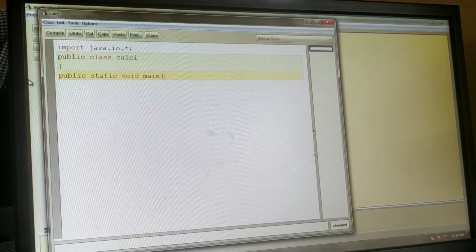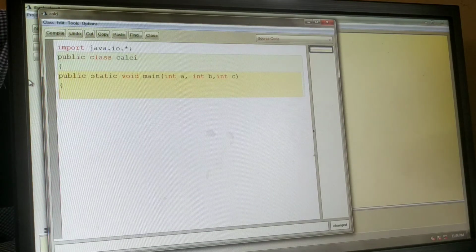Let's store those 2 numbers in variables A and B. You should have a third variable also for the choice. So let's take the 3 variables: int A, int B, int C. Press enter and then curly braces open.